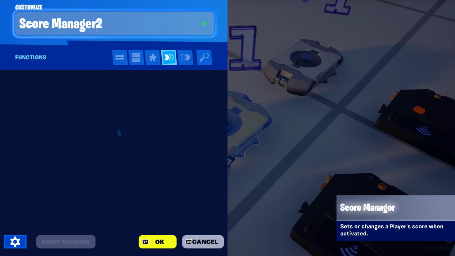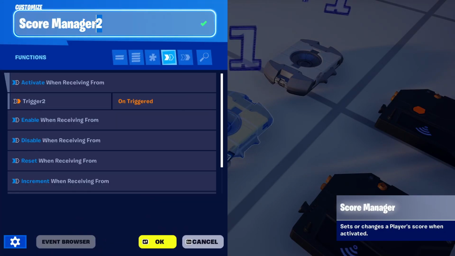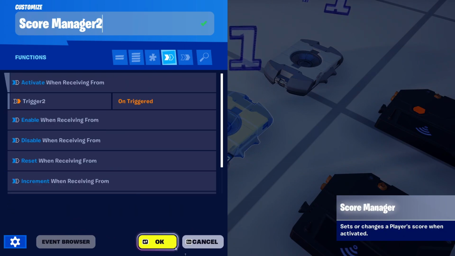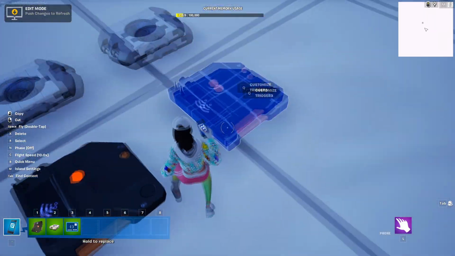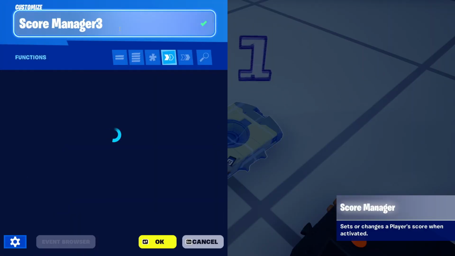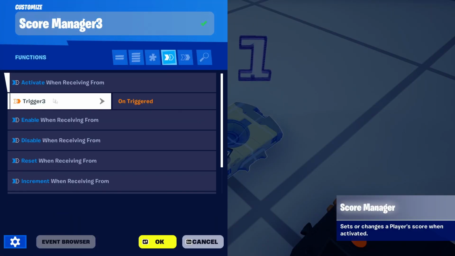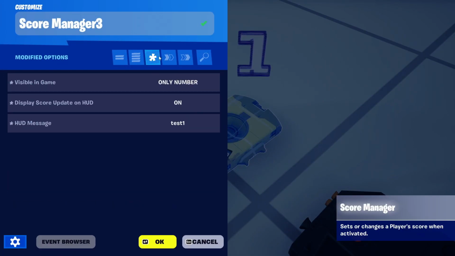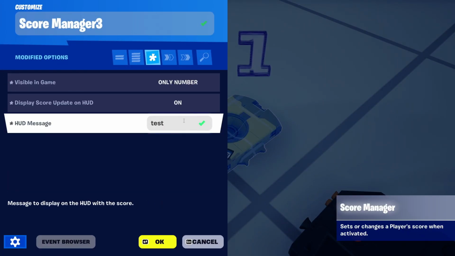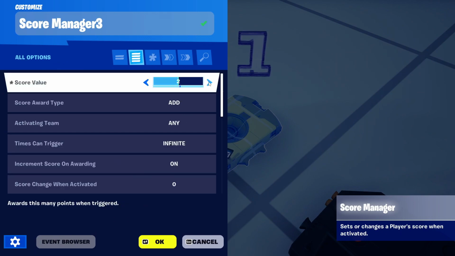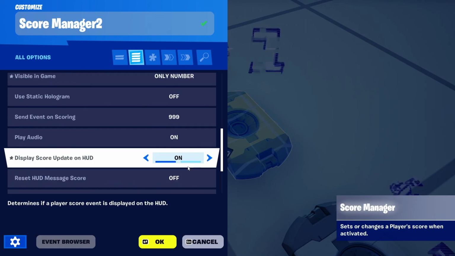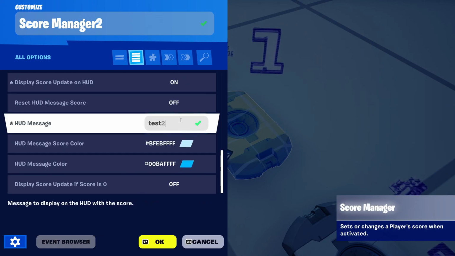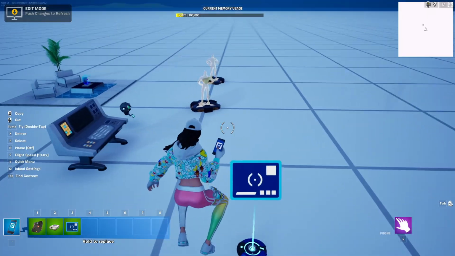So if you now look at the score manager 2, it will be triggered by trigger 2, so this event binding, it will automatically create this for us. So score manager 3 will be triggered by trigger 3. So okay, I'm gonna just make this test 3, and I'm gonna make 3 points, and here I'm gonna make 2 points, and this will be a test 2. So okay, I'm gonna just start a session,